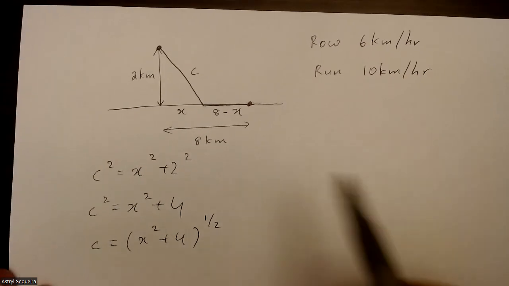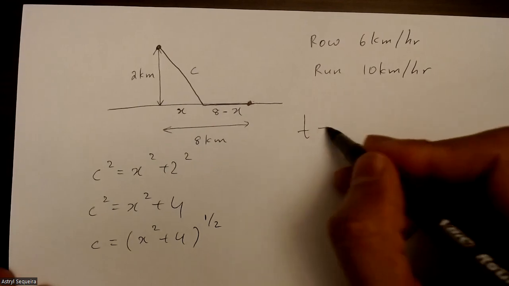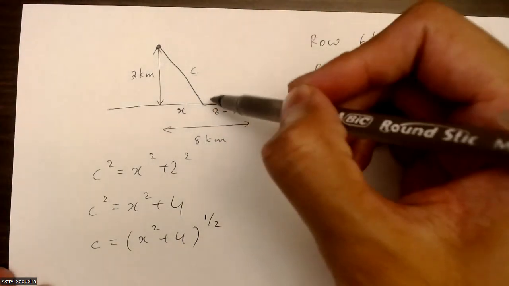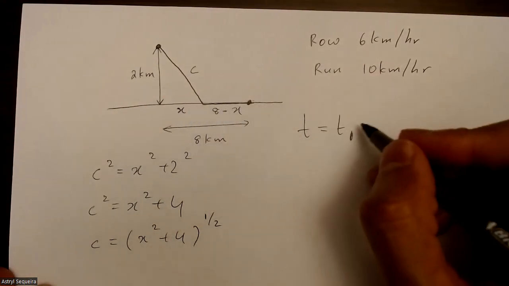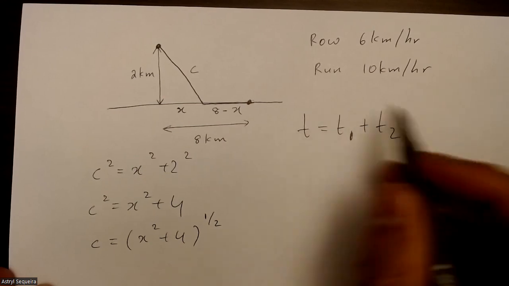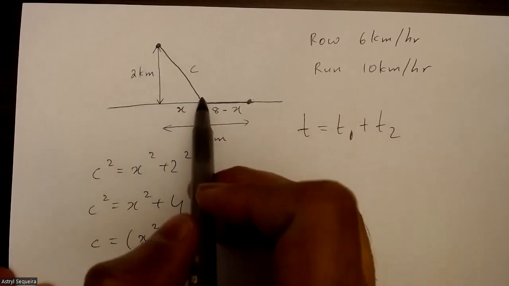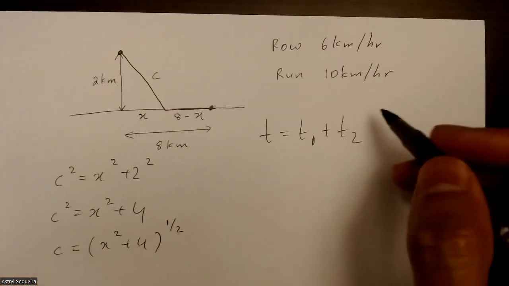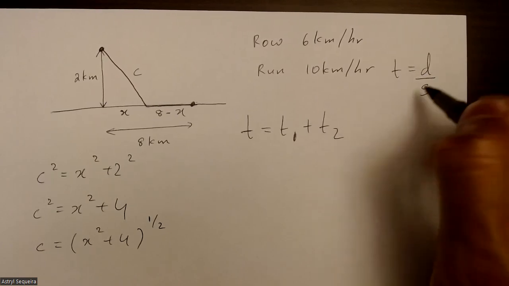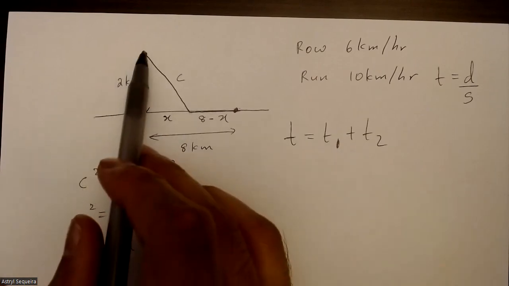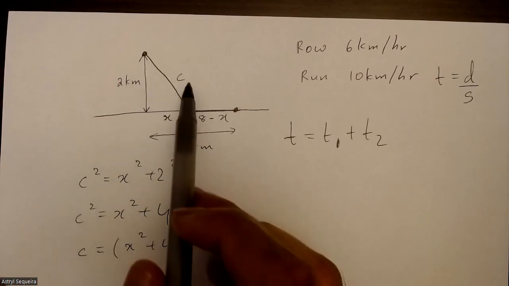So now I want to minimize the time. So I'm going to do my time equation. So time equals the time it takes for him to row, which I'm going to call T1, and then the time it takes for him to run, which is T2. And I want to minimize this time, so I'm going to end up deriving this time equation. T1, so remember, we have our formula for speed, distance, and time, and we know that time is just distance divided by speed. So time 1 is just distance 1 divided by speed 1, and distance 1 is just c,